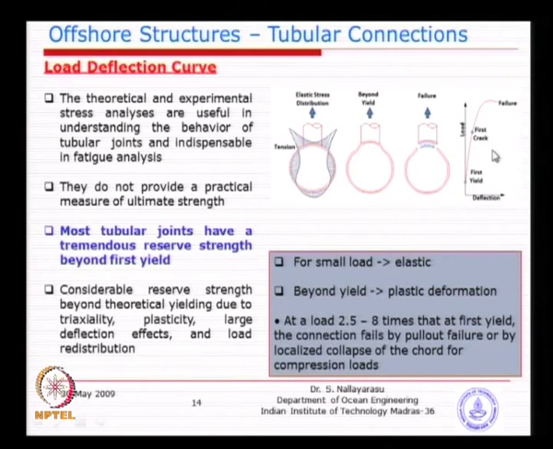Whereas the reason we are permitting it beyond yield here is that only one location is yielded. We have so many other locations with stress far less than the yield point, and you must remember that, because you may get the idea that we allow yielding in joint design but not in member design. The reason we are allowing it is the non-uniform state of stress along the periphery of the connection: one point is higher, the other points are very low stress. So we want to utilize the reserve strength available, so that we can optimize the connections.